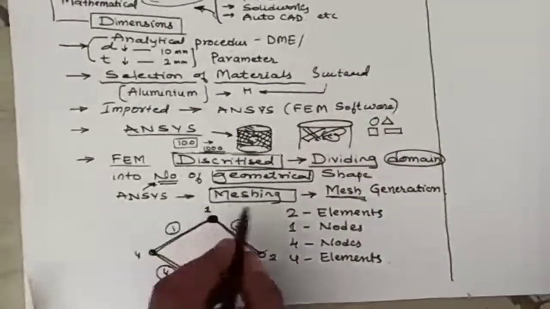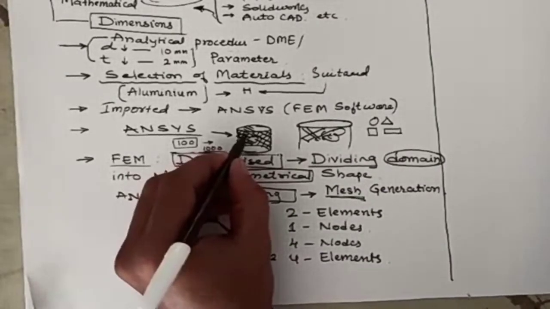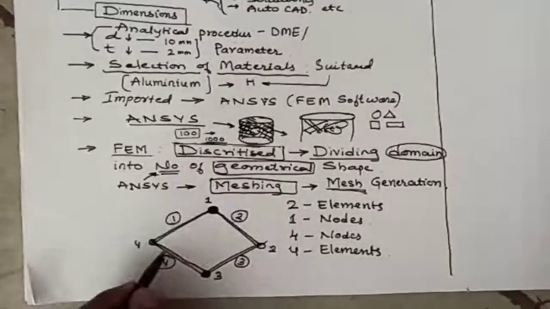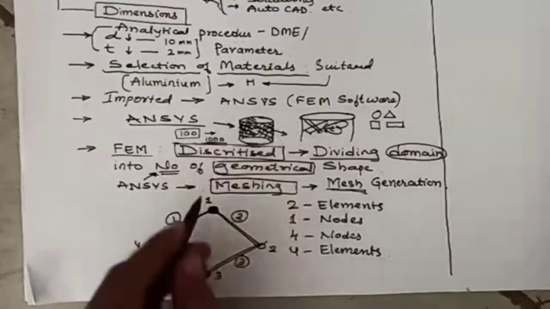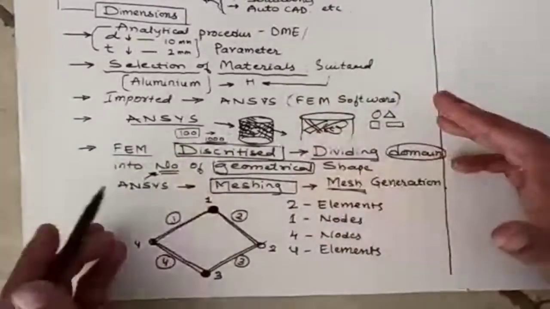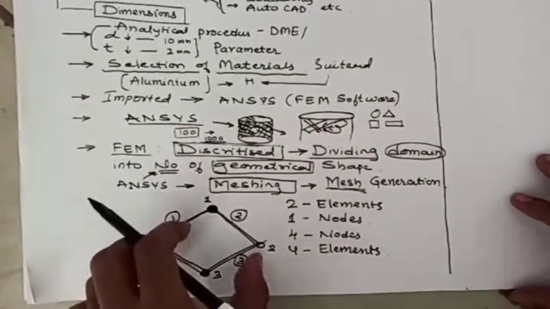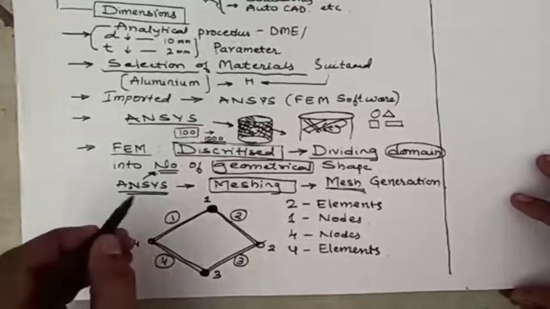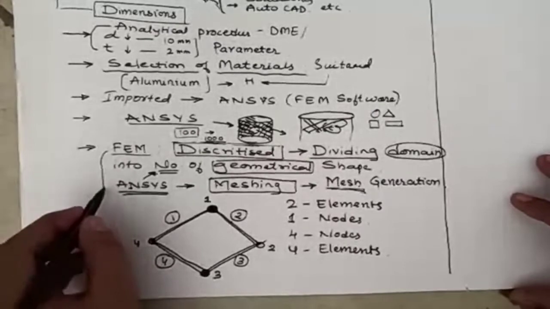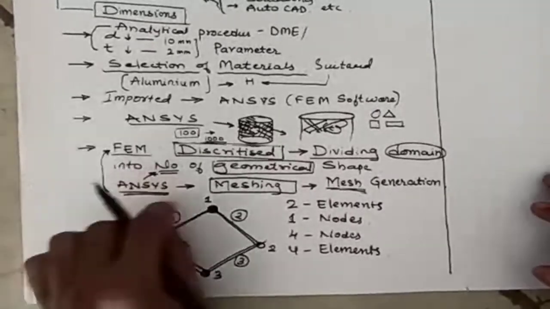So after the meshing, in this form, if you take any one element, you can consider this one. If you zoom in, you can find it like this. Okay, so any one element. There are thousands of elements here; we have divided it into thousands of elements. All this work will be carried out by ANSYS. Whatever process is carried out in ANSYS has a backup with the FEM, so with the FEM calculation, we make the process in ANSYS.